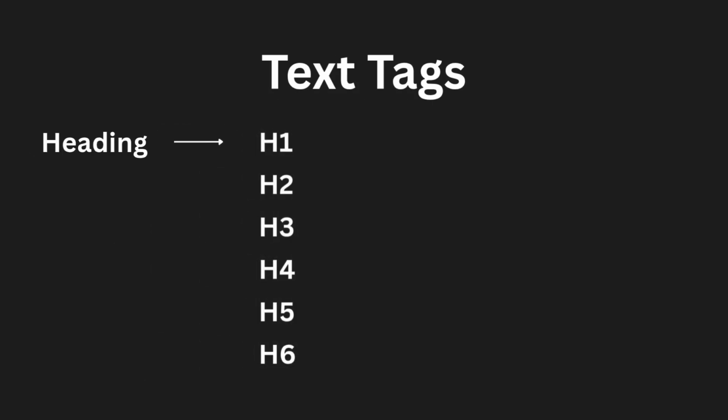Let's continue with the same example we used earlier, a news website. We said that in a news article, there's usually a headline, which we create using heading tags, and then there's a smaller section of text that gives a more detailed explanation of the news. In writing, we call that a paragraph, a few lines of text that flow together without breaking. In HTML, we have something similar, and it's called the paragraph tag, written with the letter P, which stands for paragraph. This tag is also a double tag, and the text we want to display is written between the opening